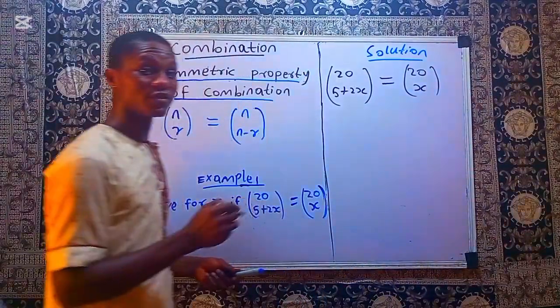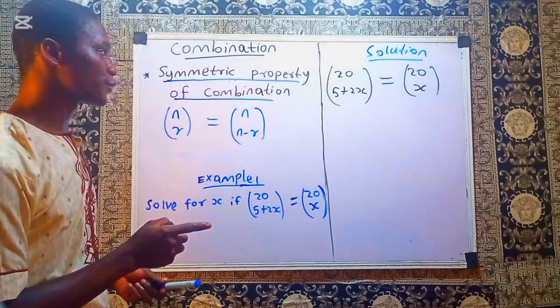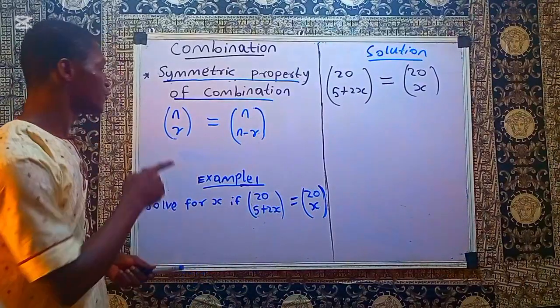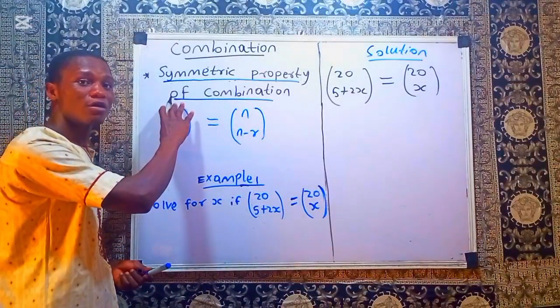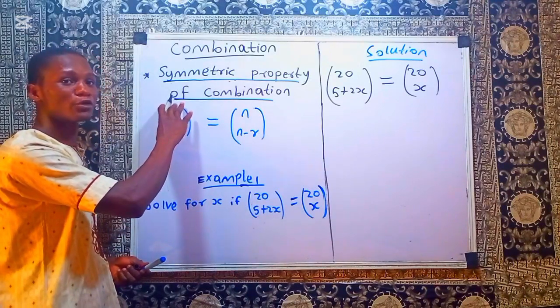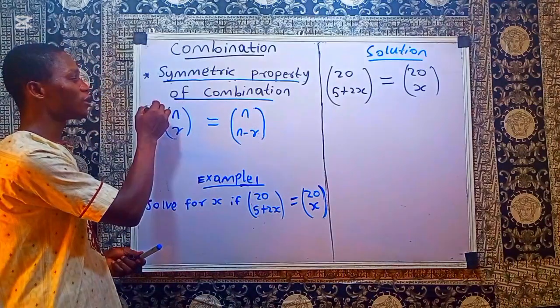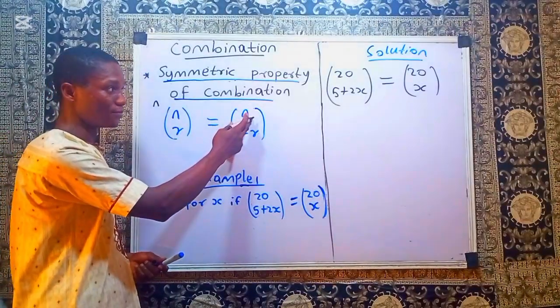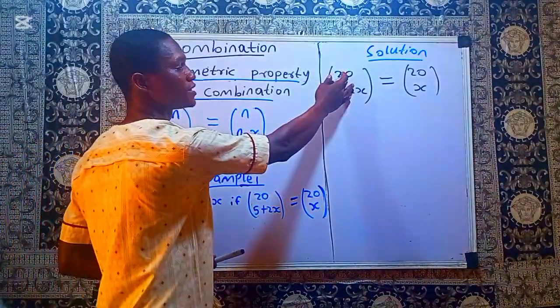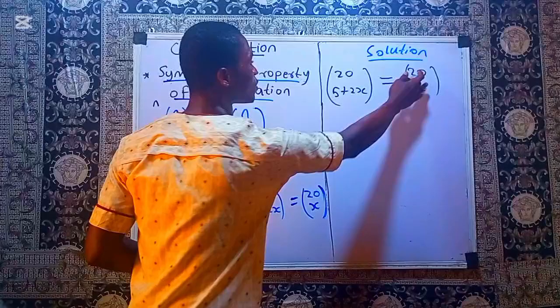This is what is given to us and we want to solve this problem. But observe from what we have here that the first combination you have, what is on top is your what? N. And this n must be what is here. So what is here is what? 20. And what is here is what? 20. So 20 is like